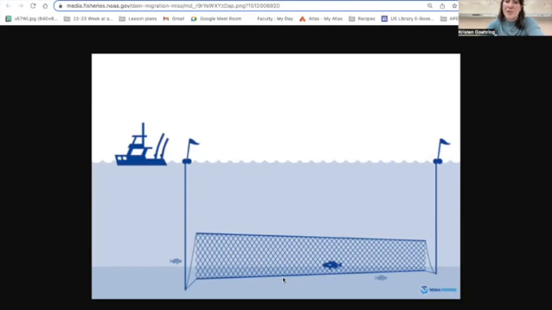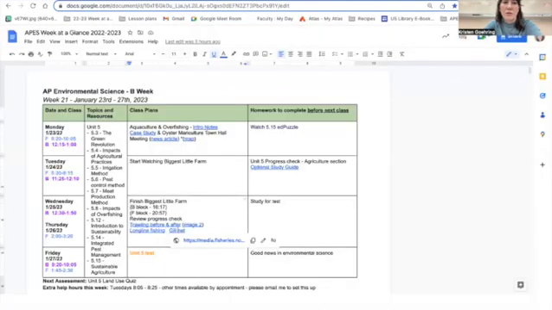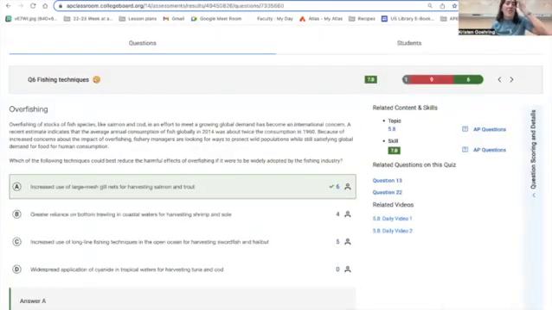So what the question choice is saying is having large mesh here instead of a fine mesh that's going to catch a lot of smaller fish as well. So having a large mesh gill net is going to catch just the target species rather than also catching a bunch of bycatch. If we're looking at the other examples here, greater reliance on bottom trawling in coastal waters for